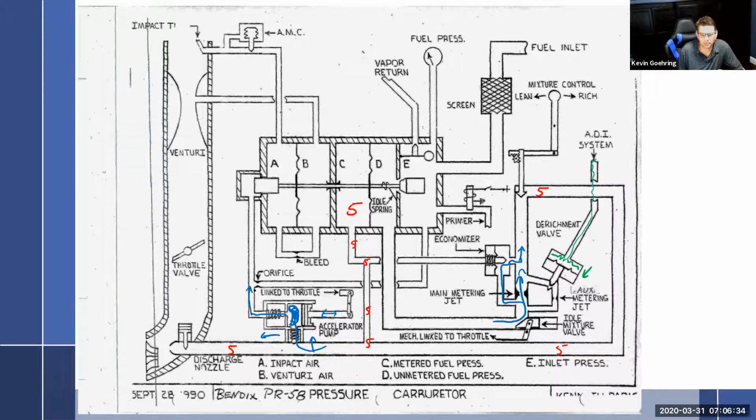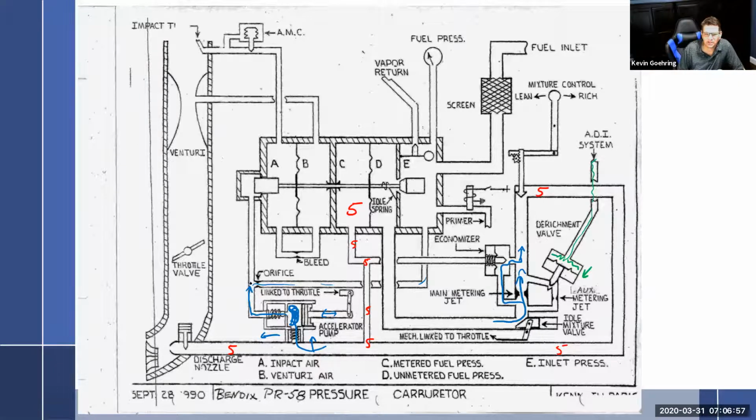Well, fuel's going to come to here, and now what? Do you think that it's going to go back this way and head into here? No, I really don't. That would do nothing for me. Maybe a little bit. You could think, well, it puts a little extra fuel in here, then it has to come around here, then it goes to the medium orifice, then economizer, the enricher. I don't think that would make a really good way of accelerating.